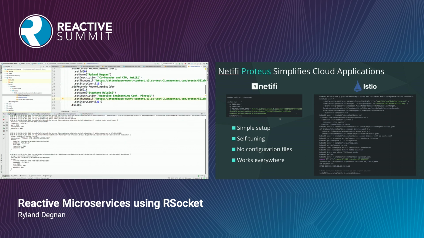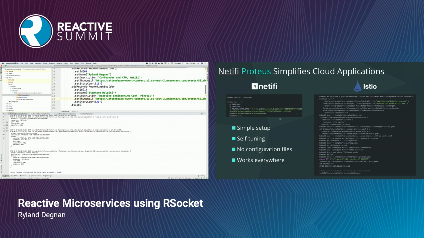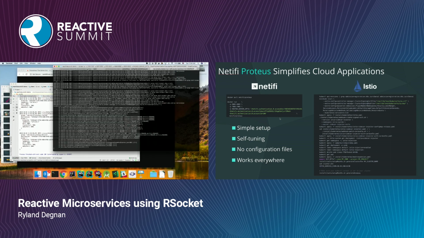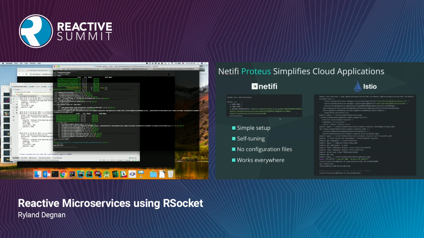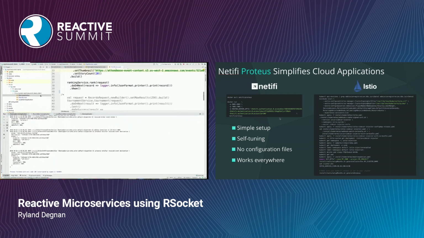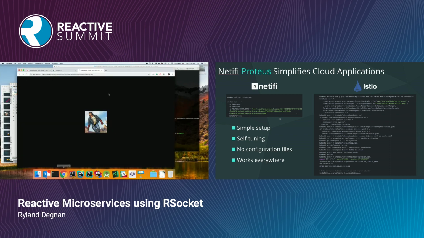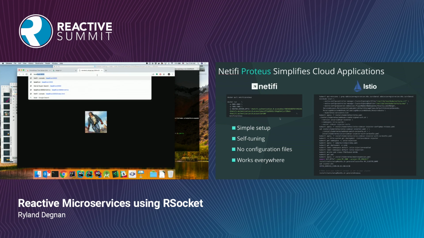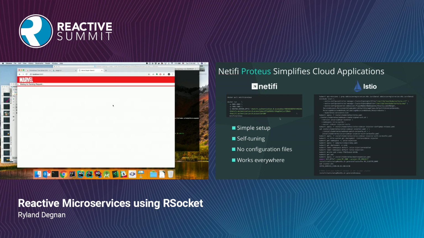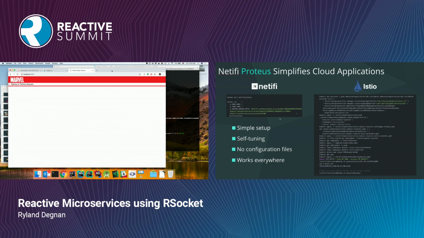What we could also do is kill this ranking service, the one that's written in Scala, and run another one, which is written in JavaScript and exists in a web browser. What this is doing is taking the same protobuf IDL, and instead of generating Java or Scala code, it's generating JavaScript, which then connects into the broker in exactly the same way. As soon as I visit this web page, I've now become a server in this network of microservices. My browser is functioning in exactly the same way as that Scala application was, but it's implemented a little bit differently. So now when I go ahead and call